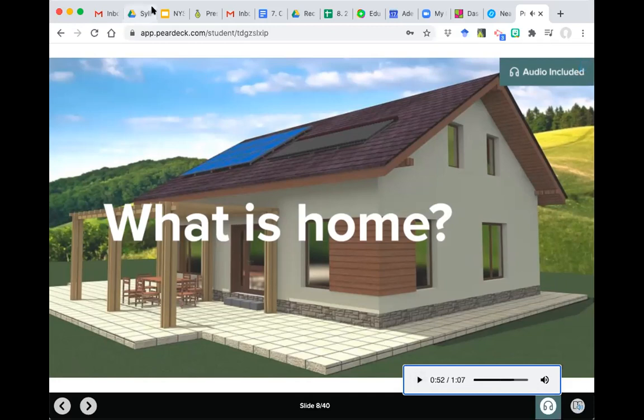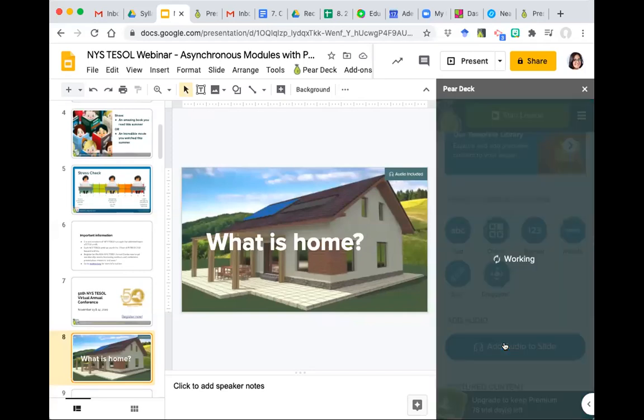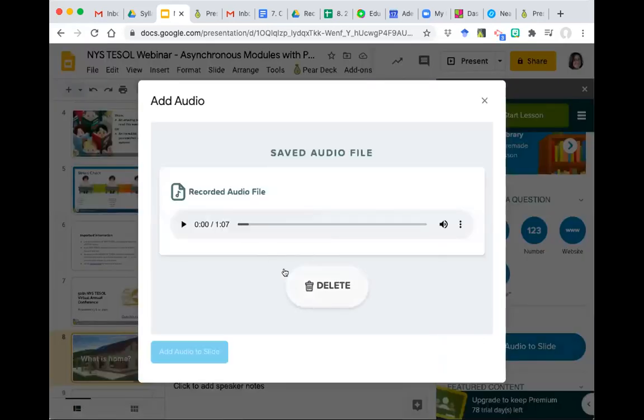Okay, so you get the idea. So then you can include these audios. To do that, you click on the slide again. Click on it, and you click on add audio, and then you can record any message. So you start here, record, and